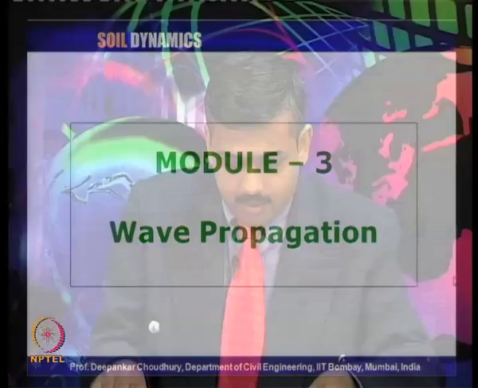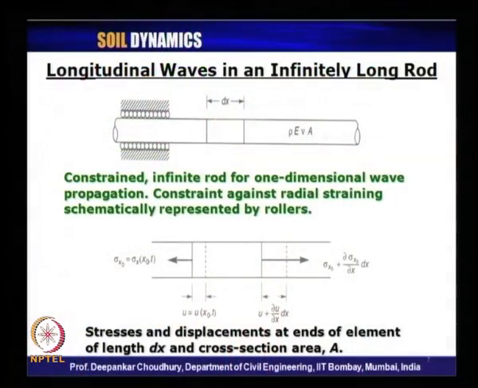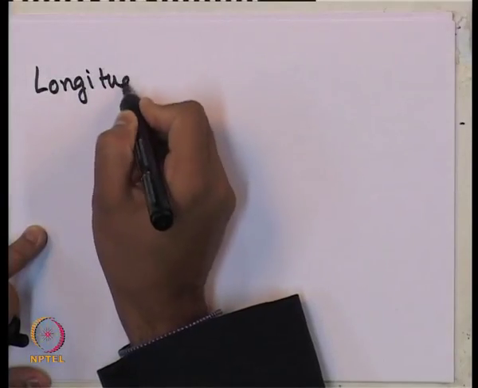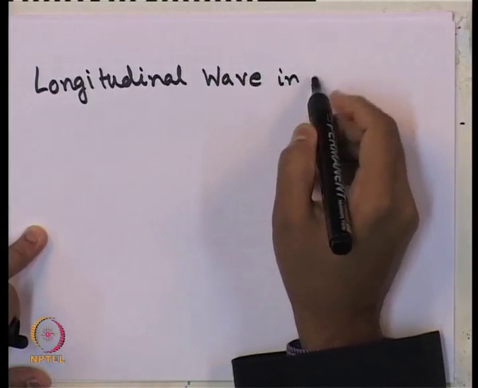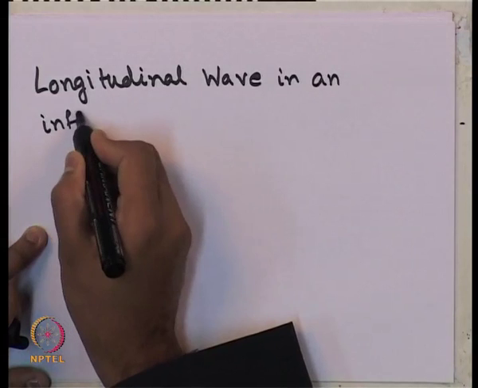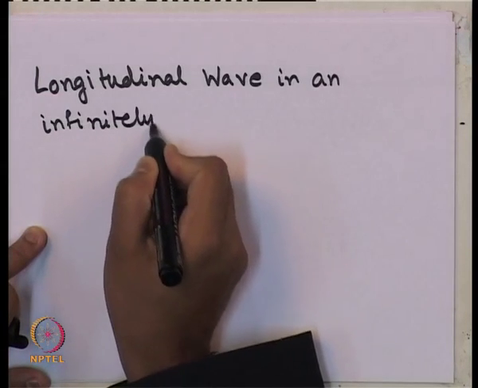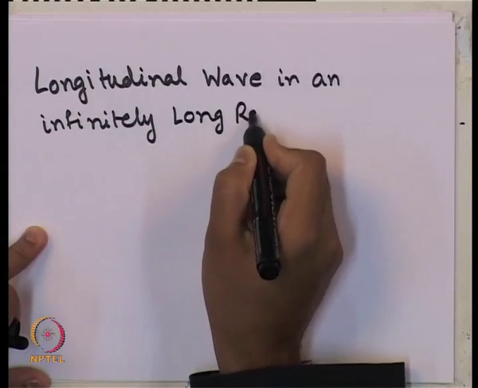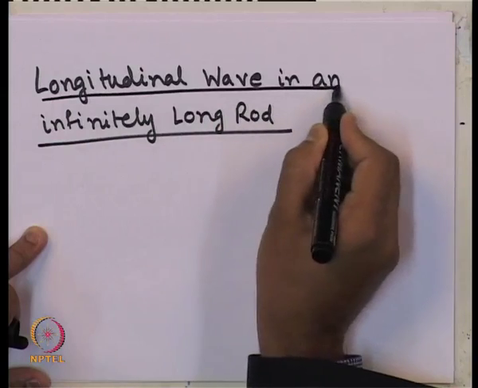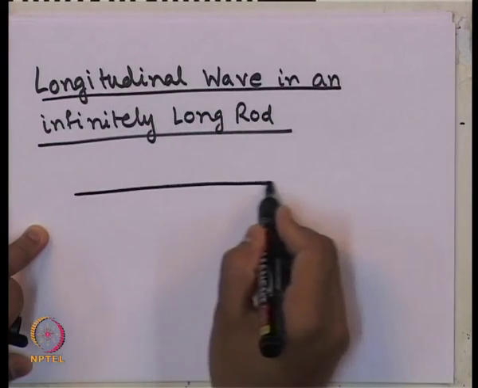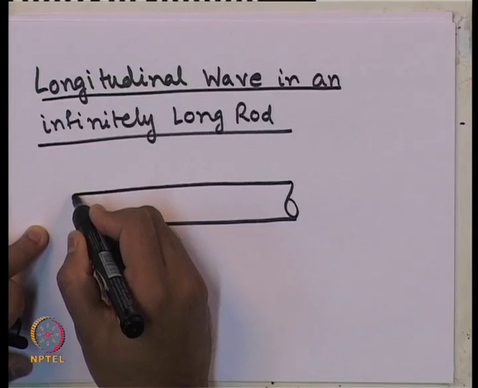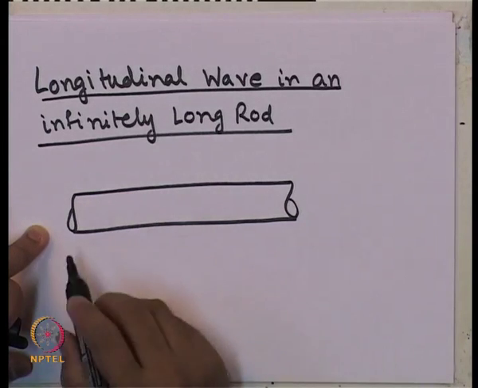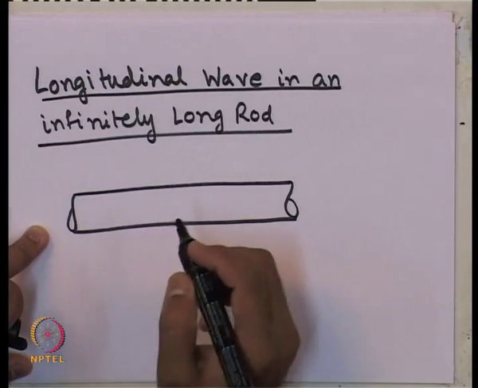For wave propagation, let us first start with the simplest case of longitudinal wave in an infinitely long rod. Let us see what we can say about these waves. So, this is an infinitely long rod we are considering,